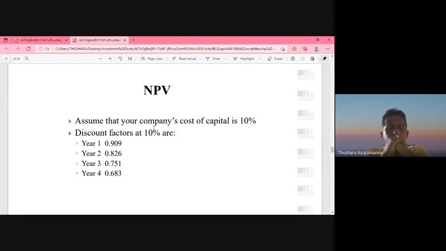This is called the discounting factor. Just to familiarize you with the discounting factor, I wanted you to use 1 divided by 1 plus r to the power n. So for year 1, how much is the factor? If it is, let's say, 100 rupees, 100 into 0.909 will be the value. So if somebody gives 100 rupees after a year, that has today's value of 91. In other words, use 1 divided by 1 plus r to the power n for years 1, 2, 3, and 4, and see whether you are getting these discounting factors, then we can further understand the